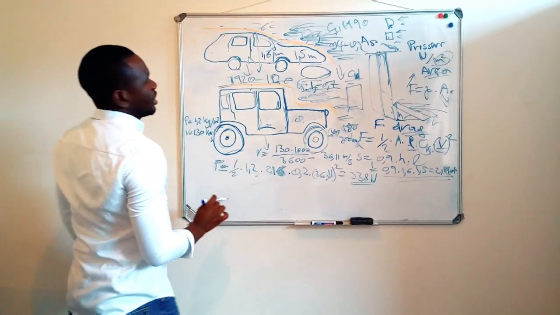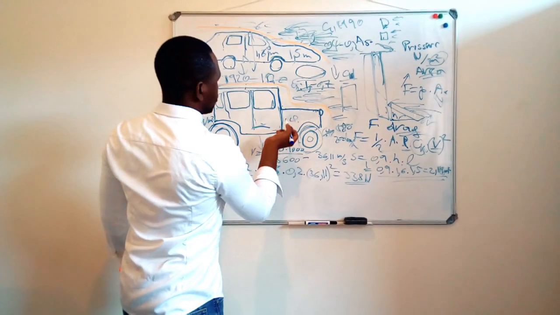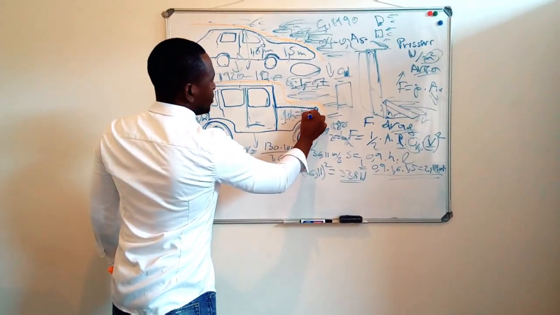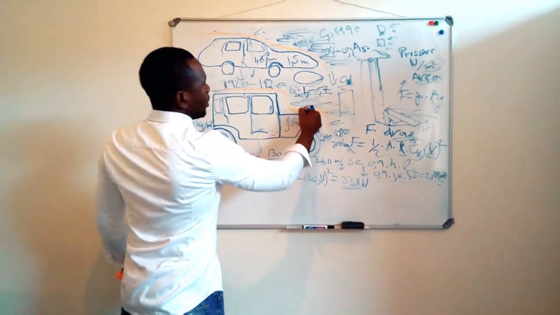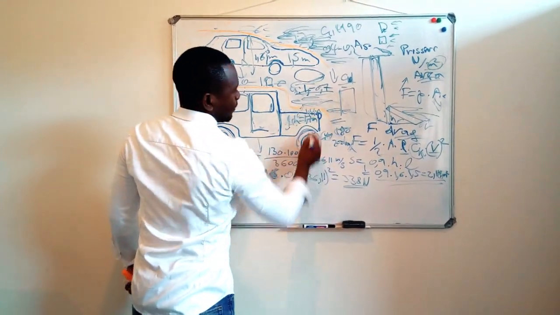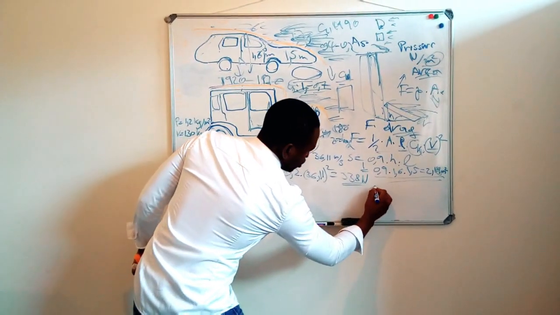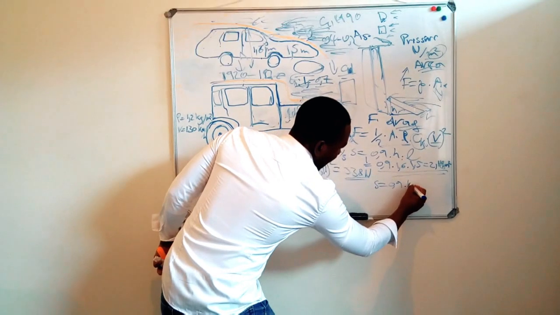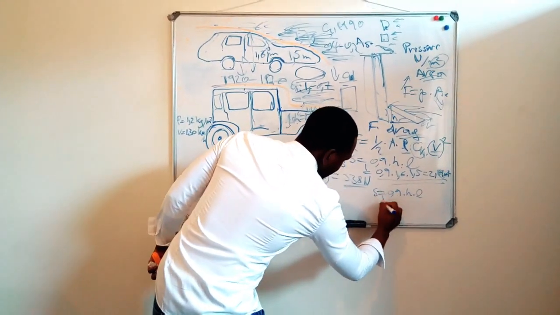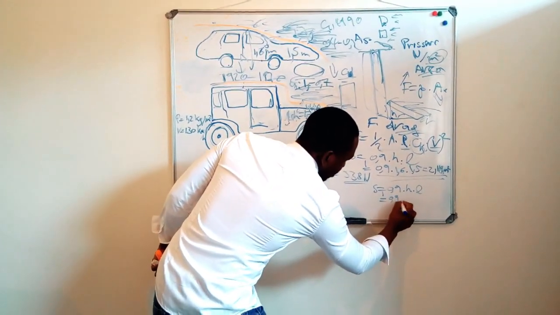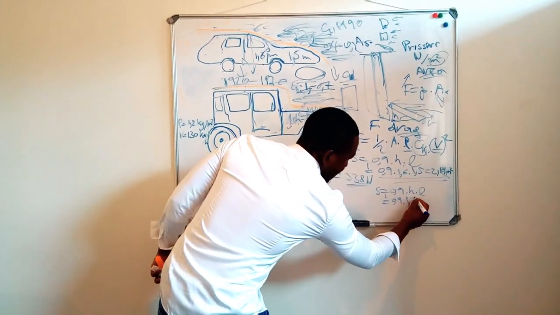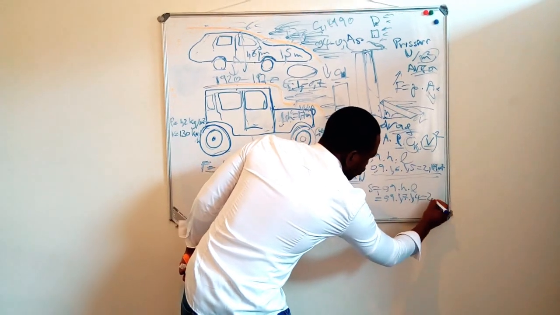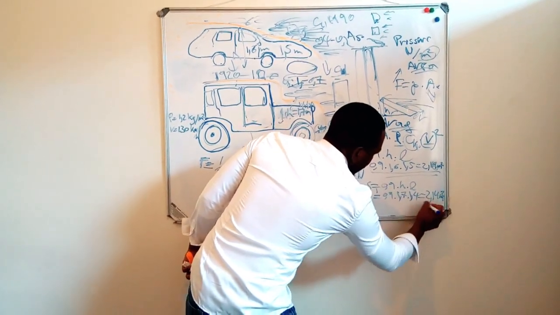So let's consider our second example. Now let's consider our height being 1.7 meters and our length being 1.4 meters. In this case, the surface area will be given by the same formula, 0.9 times height times length, which is 0.9 times 1.7 times 1.4. This gives me 2.14 meters squared.